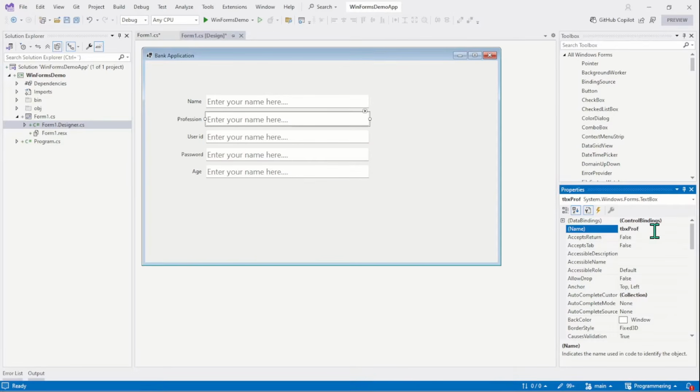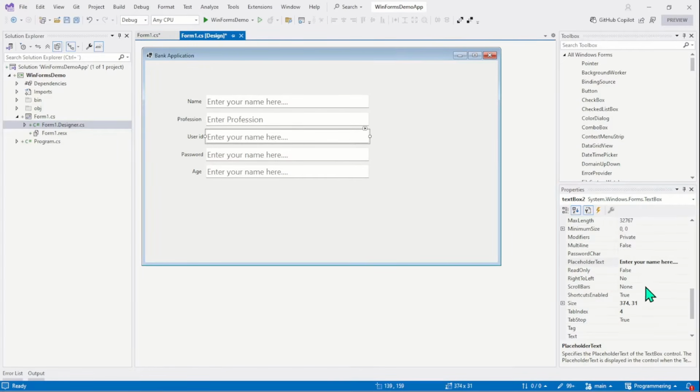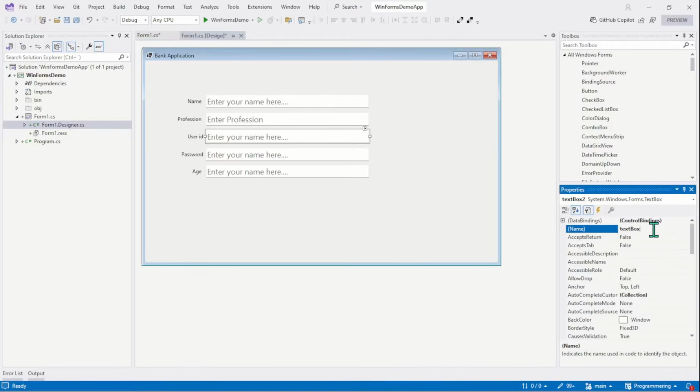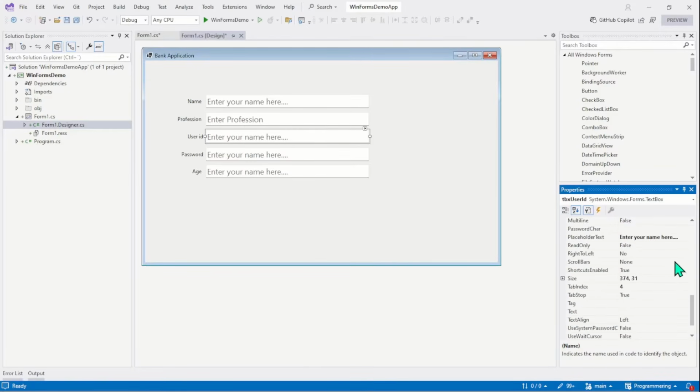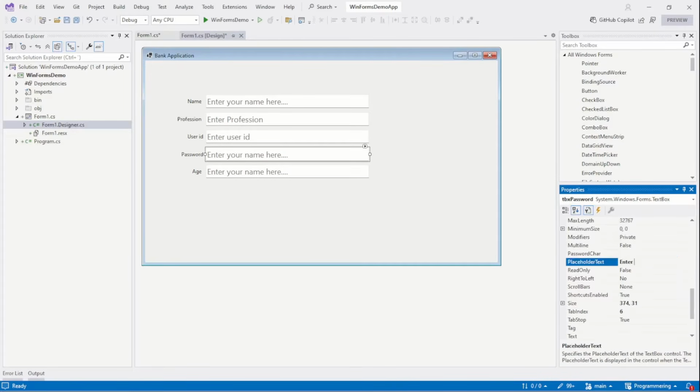TBX profession, and the placeholder text is confusing. So we can change the placeholder text here and profession like this. And the third text box is for user ID. The name should be TBX user ID, and the placeholder text is enter user ID. And now the password text box, the name is TBX password, and the placeholder text is enter